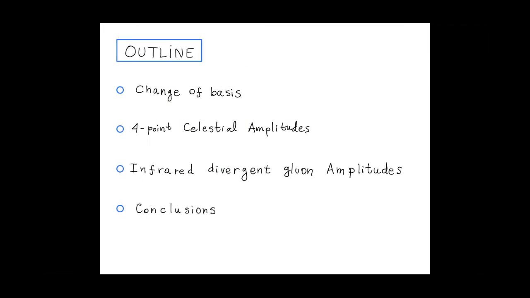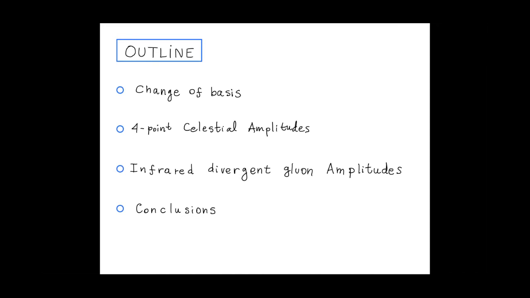The outline of my talk is as follows. To do that, I will do a change of basis. Then I will continue understanding in more detail the scattering of two massless particles. I will give a brief explanation about what happens with divergent infrared gluon amplitudes. It's important because if I want to promote the amplitude to an observable that gives me information about the holographic description of the space-time, I need to understand how the infrared divergences fit in that perspective, and I will end